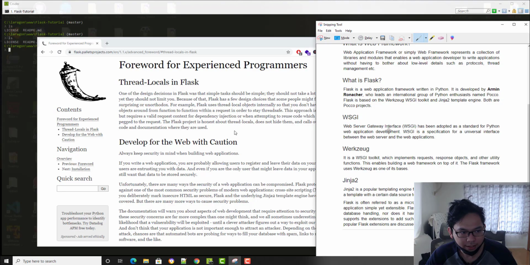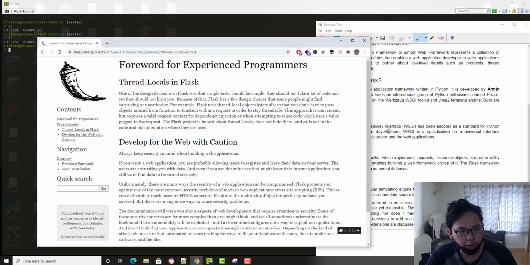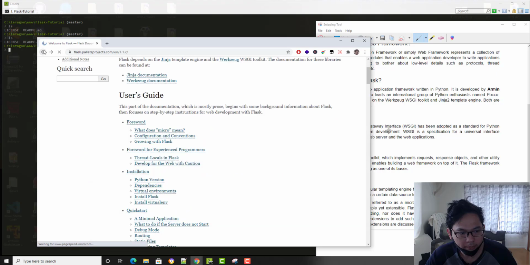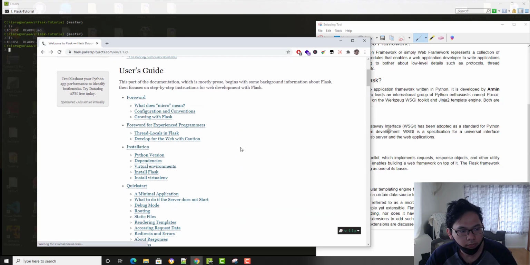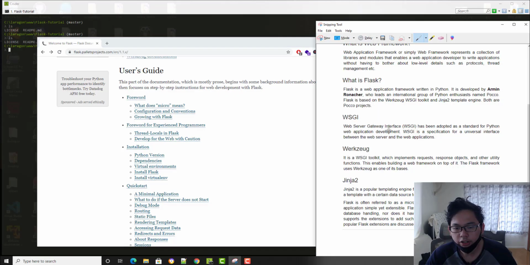Overall, Flask is not for an absolute beginner, and you're gonna mess this up. It's in a chapter like this in the docs, with a caution like that. So that's where I'm done with the overview. We're gonna go to the installation.